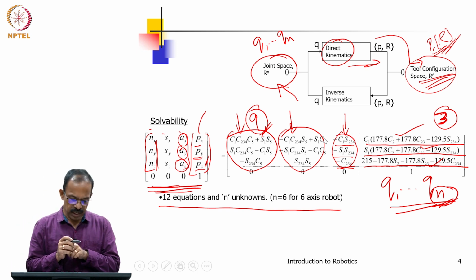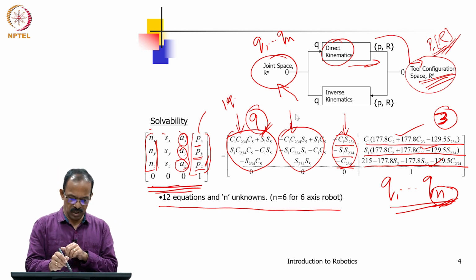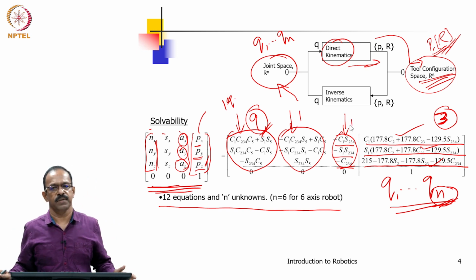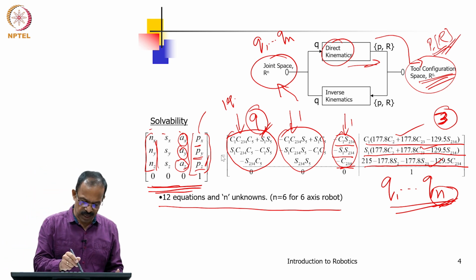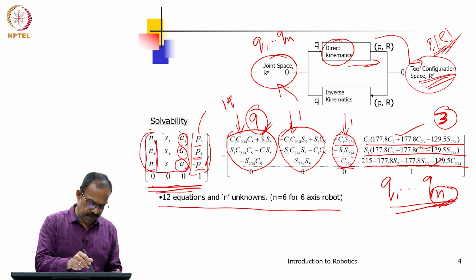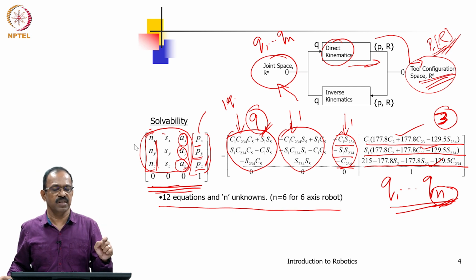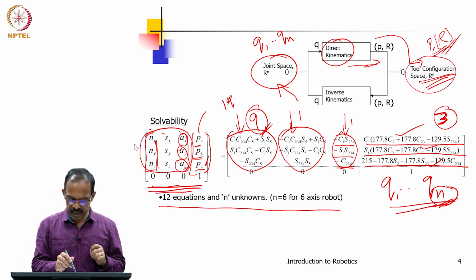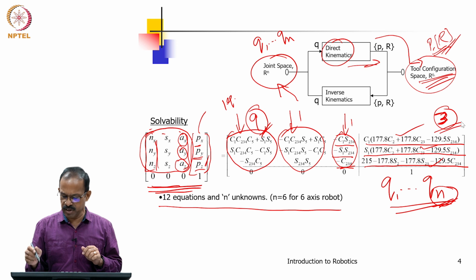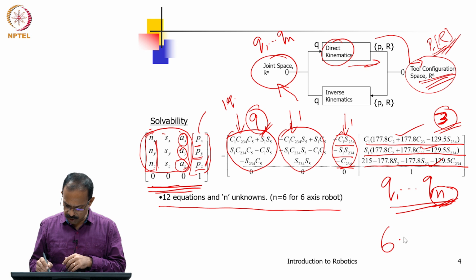So, effectively we have only one independent equation from here, one from here and one here. So, we can have only 3 independent equations from the rotation part. This rotation matrix gives you 3 independent equations, though we have 9 equations. Since they are not independent, we can see only 3 independent equations. These 3 independent equations from this part and 3 independent equations from the positioning part give you totally 6 equations.